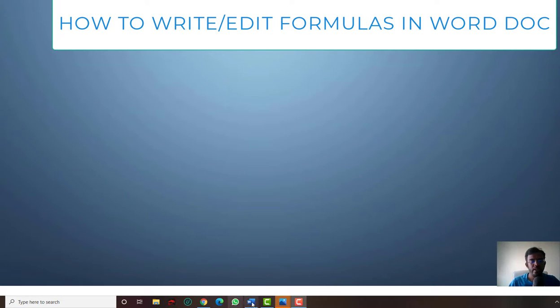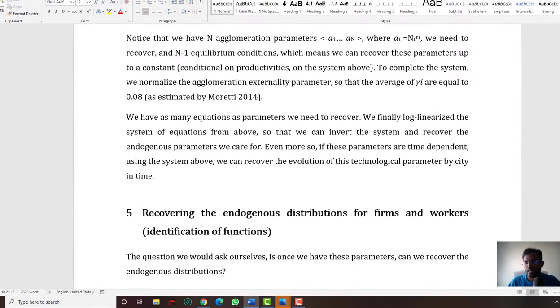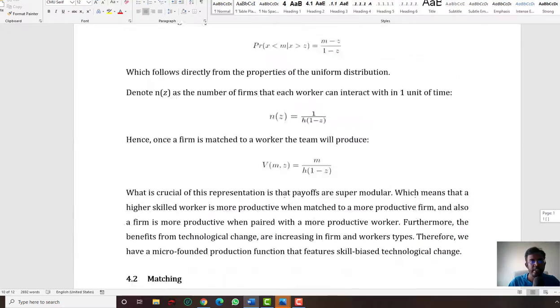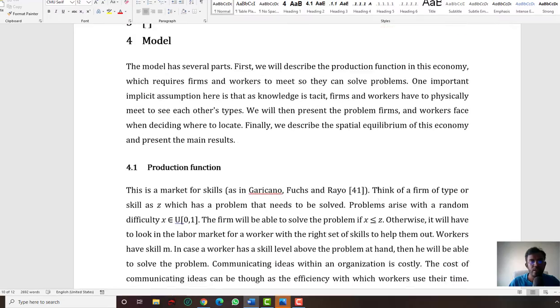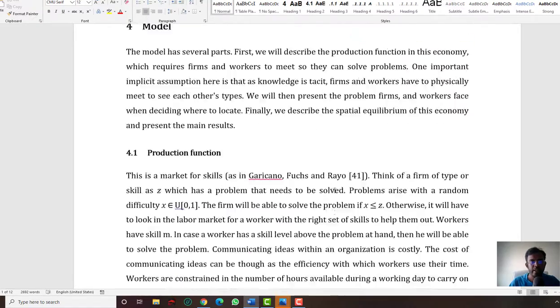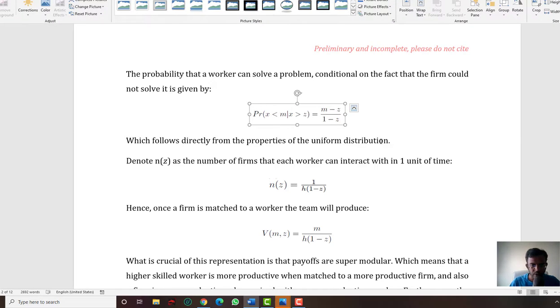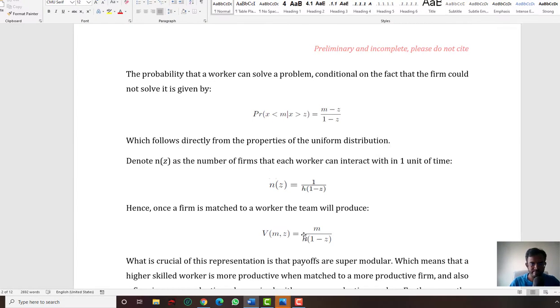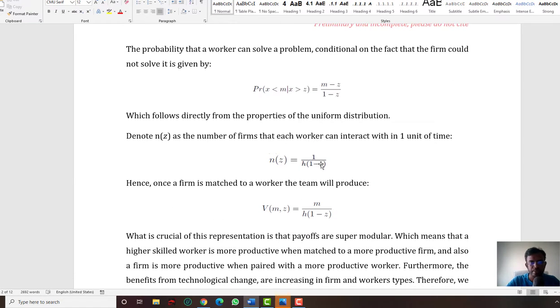Here I have a Word document for our understanding purpose. You can just see here, these are the formulas. These are not in an editable way, so I want to edit these formulas or write some formulas. So how can I do it easily? Let me try to insert some space and try to create something similar to this and write it.